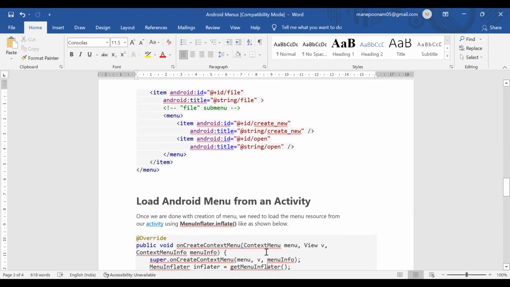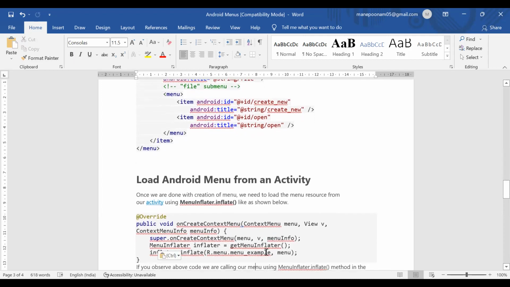Next is how to load it. Here we create the XML file, right? And we want to load it using our Java source code. For that we use the MenuInflater inflate method. So let's see how it works. Here we use the onCreateContextMenu method. In that we get the menu.